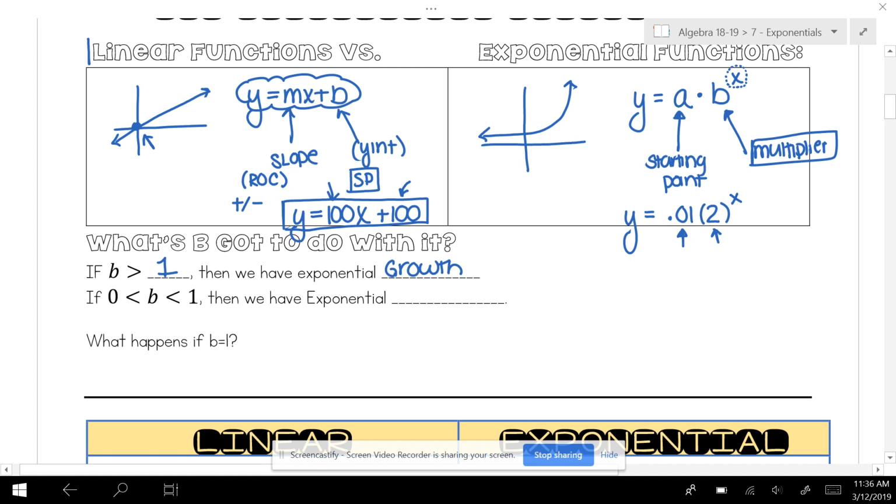Because what you're doing is you're multiplying by a number bigger than 1. Now, if you made that base smaller, say y equals 1/2 to the x, then that means you're cutting things in half. So that's why when we're looking between 0 and 1, that would be